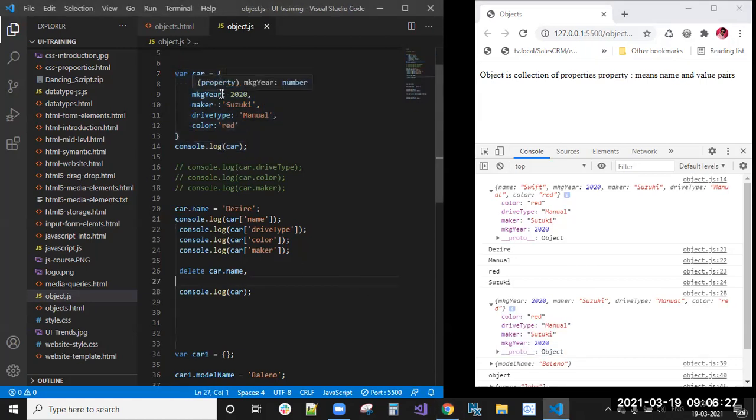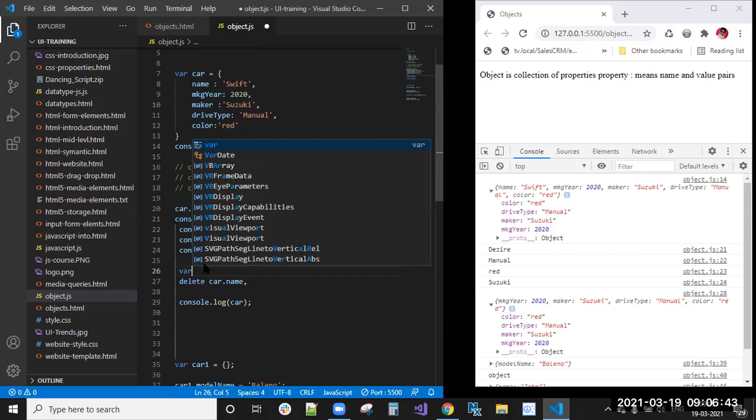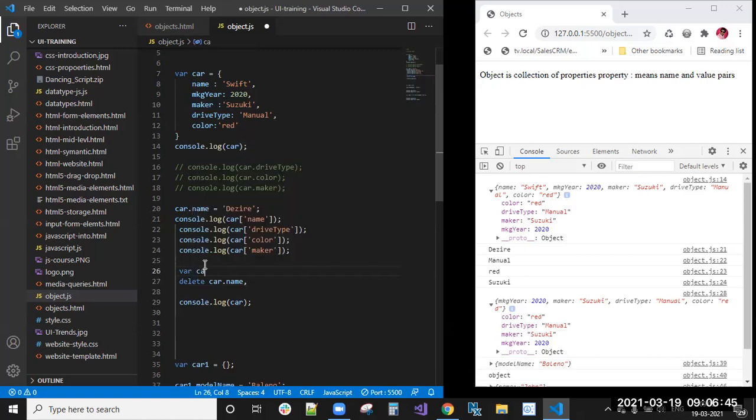So in that case, if you don't want to override that default value, the default car, if you don't want to change the default value, then what you can do is, before deleting that, create a new car.